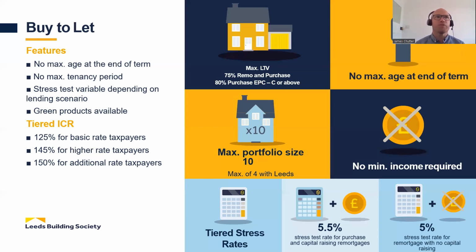Into the, I suppose, the more nitty-gritty part of the criteria. So we can go up to a 75% maximum loan to value on remortgage and purchase, and we can now go up to 80% loan to value on a purchase where the EPC is C or above. And the idea of that is that we're giving an extra 5% loan to value to support those landlords who are looking to go into the buy-to-let market with the expected changes that could be coming in 2025 and 2028, where the EPC requirements could be changing. And so that's why we're trying to give that extra little bit of loan to value on those green